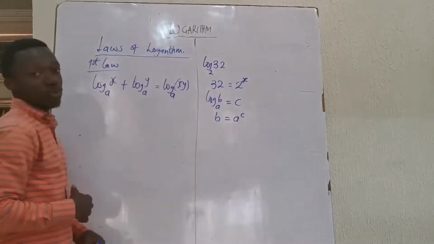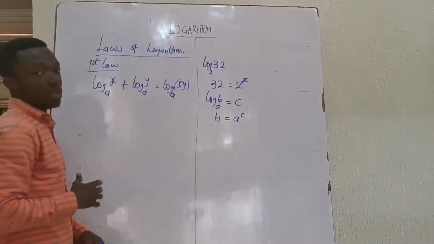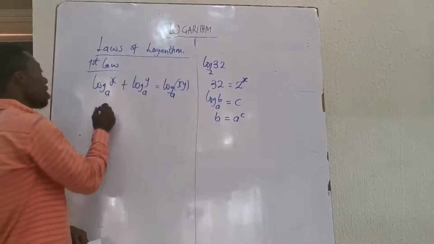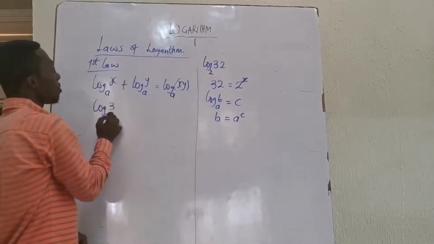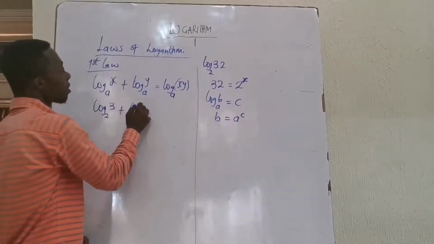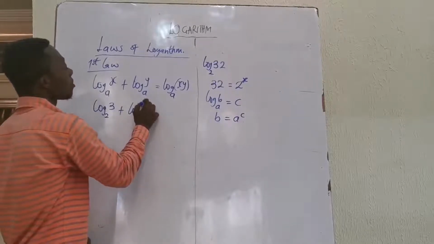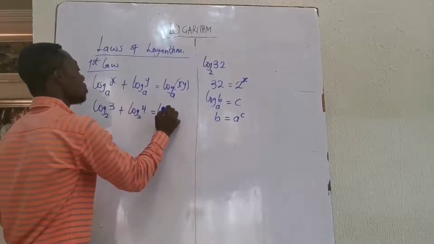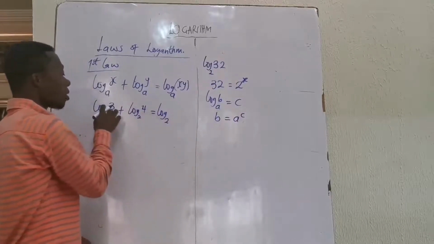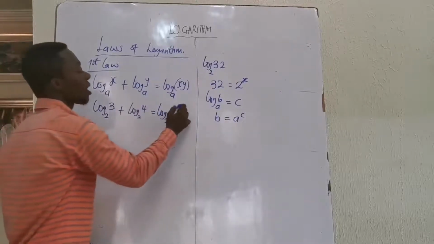That is the first law. For example, I have log 3 to the base of 2, plus log 4 to the base of 2. The final answer is going to be log to the base of 2, and I'll multiply 3 and 4. So it becomes